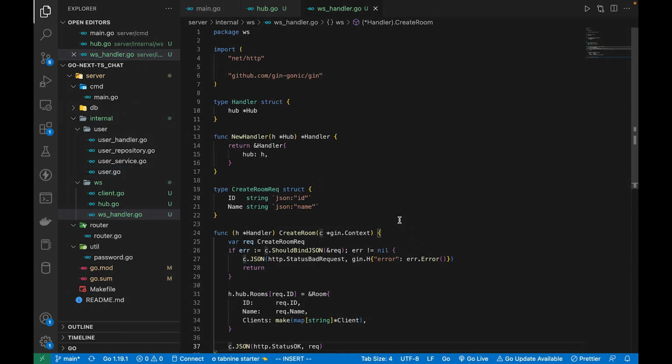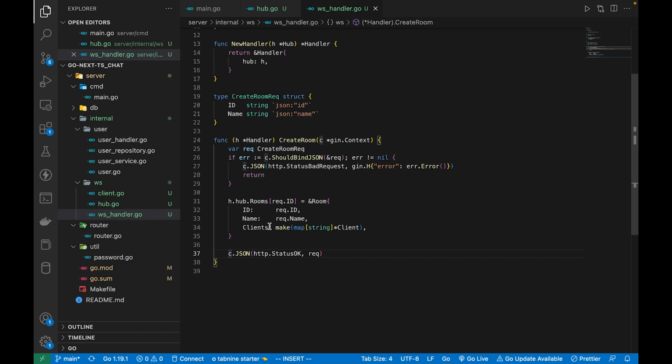So as you can notice here, we are only storing the room information in memory, and we're not storing the room information in a database like how we did for the user information. So now that we have defined the create room handler, we can go to main.go